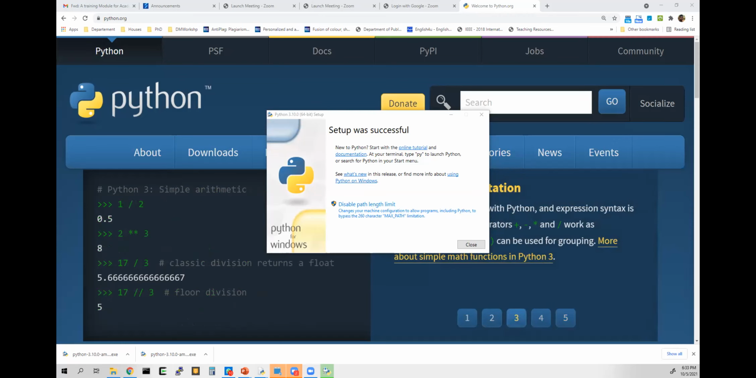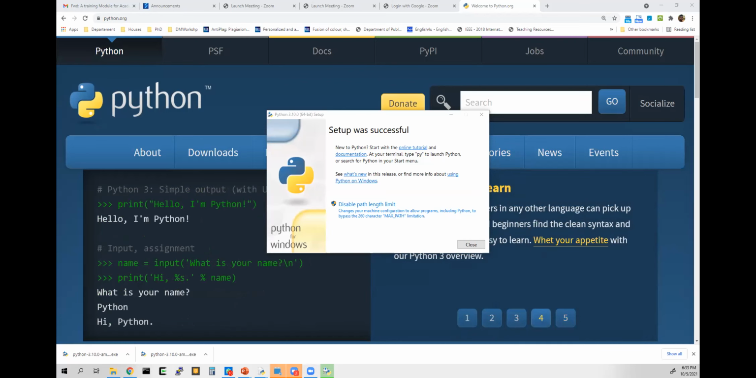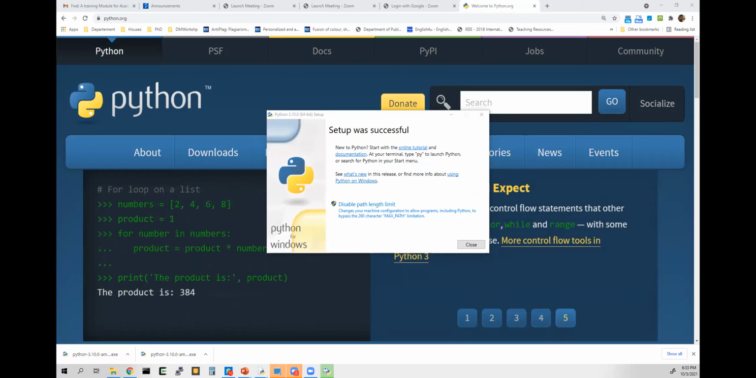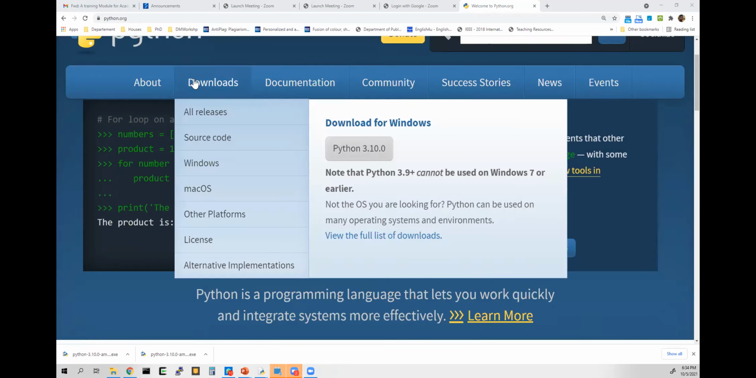Yes, Migara, if you have Windows 7, make sure that you install a Python version before 3.9, let's say 3.8. Can you try 3.8 if you have Windows 7? Okay, let me show you that one as well. Now, in my case it was a success, but if you have a Windows 7 machine, maybe you go to